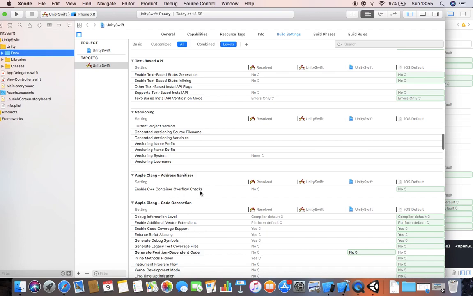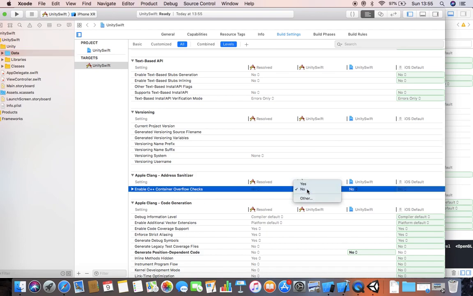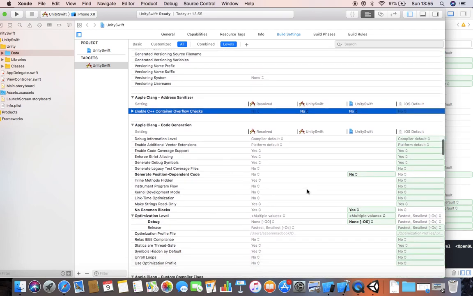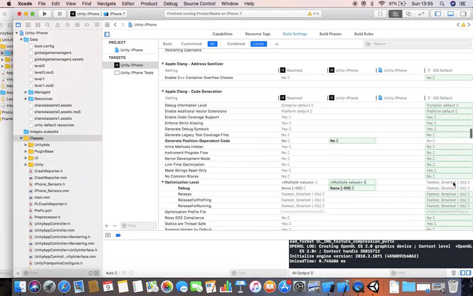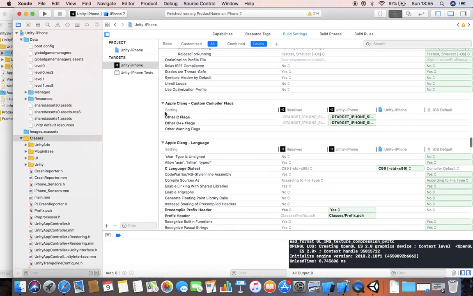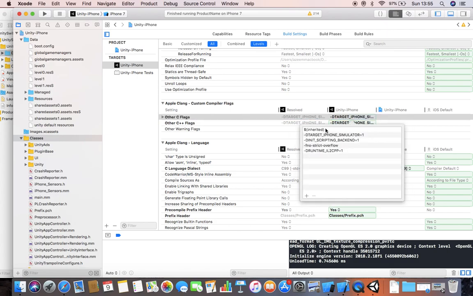Enable C++ container overflow checks, let it be no. Other C flags. Then we need to check the other C flags in my Unity iPhone. So all these stuffs you need to put